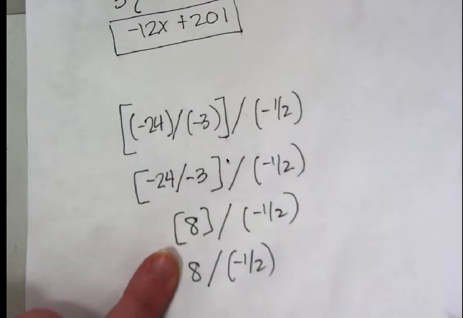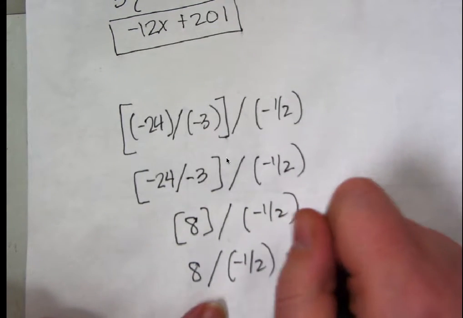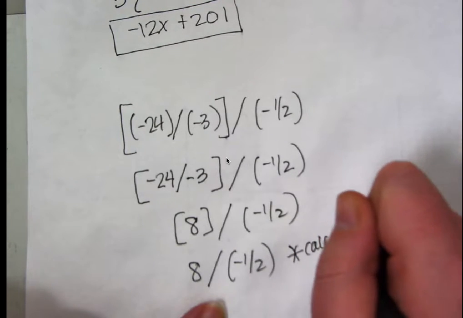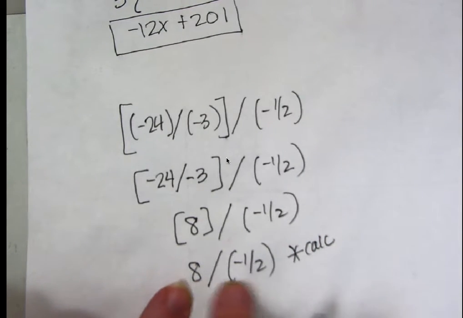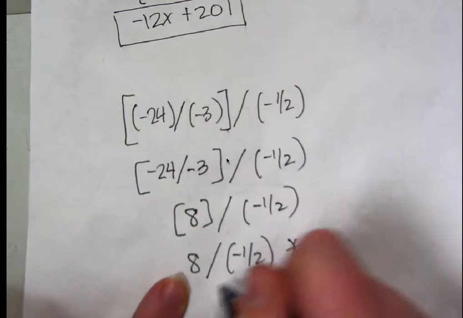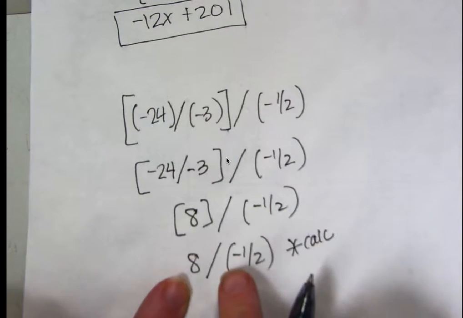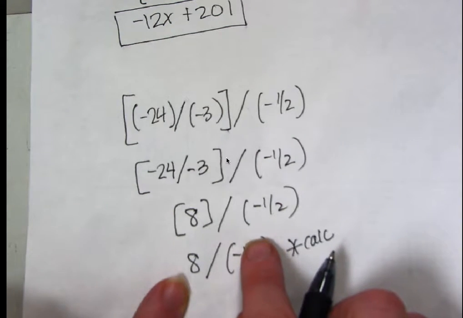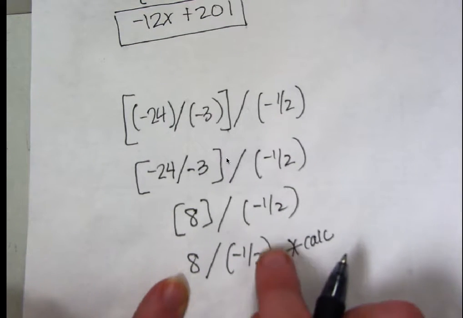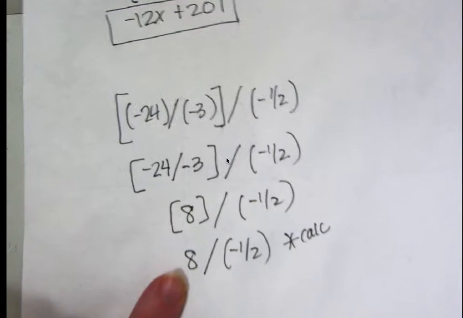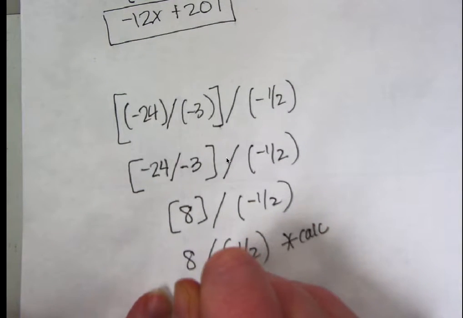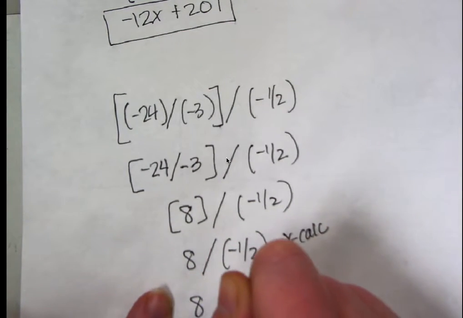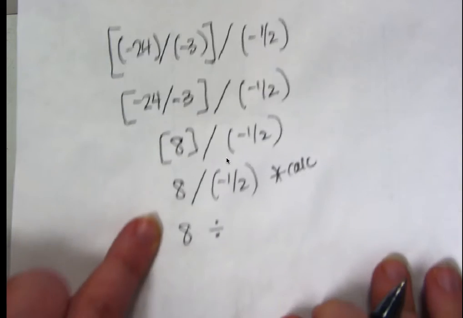negative 1/2. And at this point, you could probably plug this in your calculator exactly how it reads, 8, and then use the division button, parentheses, negative 1, and then division symbol 2, close the parentheses. If you don't want to use a calculator, the way you can think about this is that you're really taking 8 divided by